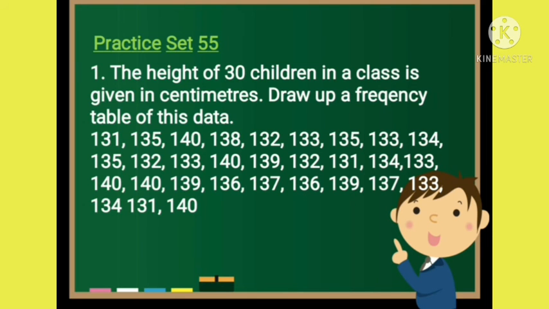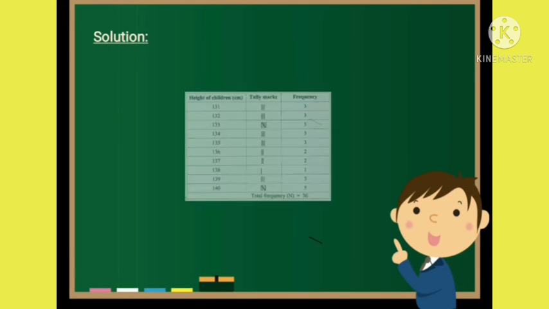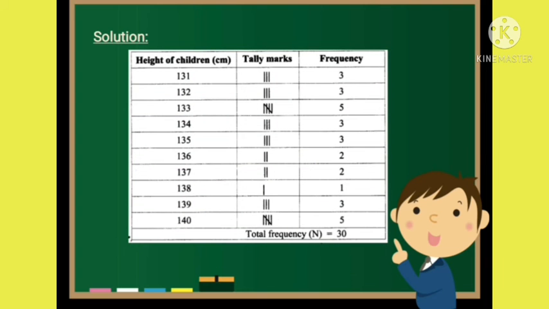Here they have given the height of 30 children in centimeters. We have to draw a frequency table on the basis of this data. Let's solve it. Let's draw a frequency table. We have to draw it with 3 columns. In the first column, we will write the height of children in centimeters. In the second column, tally marks, and in the third column, frequency. We will start from